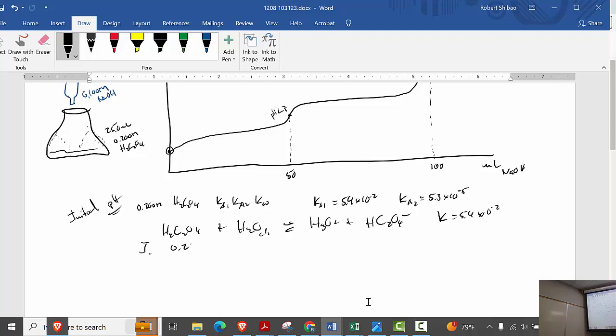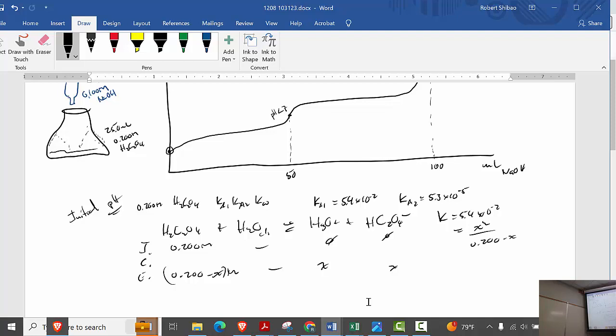So initial is 0.200 molar, then 0, 0. Change, equilibrium. At equilibrium, we're going to have 0.200 minus X, X and X. And so this is going to equal the hydronium times the hydrogen oxalate, that is X squared,